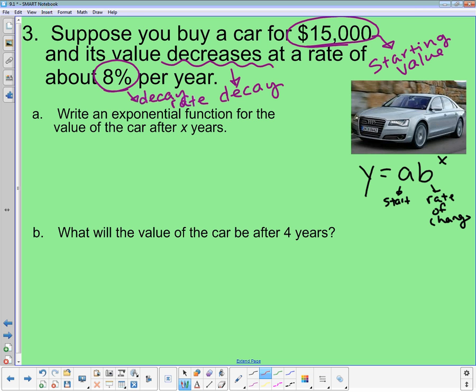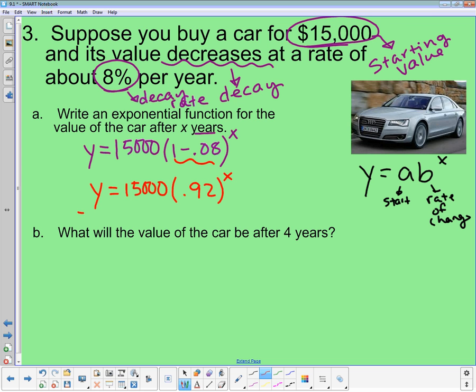So here in this case, my equation would look like y is equal to $15,000. My b value would be 100% or 1 minus the 8% of 0.08. We always want to take those percents and turn them into decimals. And then the time is x, and we're talking about years here, so I have x as my exponent. Now I can simplify this. 1 minus 0.08 is 0.92, so my equation here would be y is equal to 15,000 starting amount times 0.92